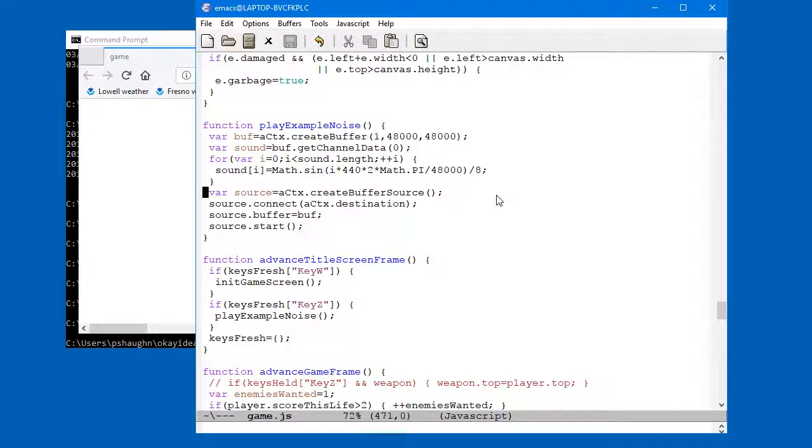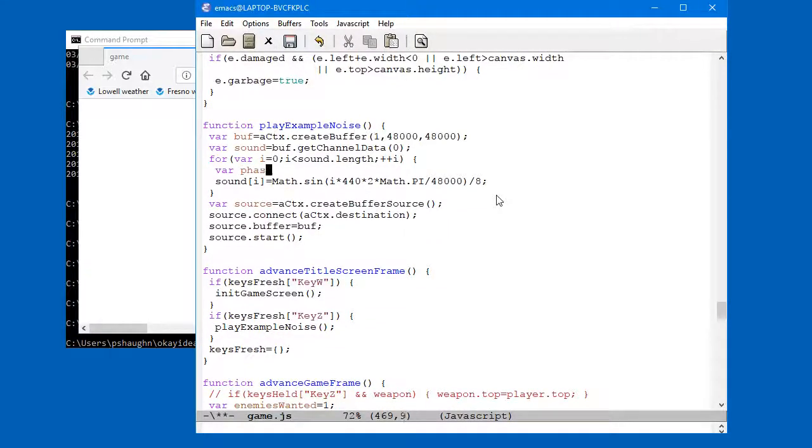Okay, here we go. Our phase equals this number. Actually, we don't need the pi in this case. Mod 1. So this number will go between 0 and 1 every 440th of a second. Mod 1 takes a number that's potentially greater than 1, just takes the fractional part. What it does to negative numbers is different, but we're never going to be negative here. So this is going to give us a number that varies between 0 and 1 over the course of the sound. Now, sound I equals